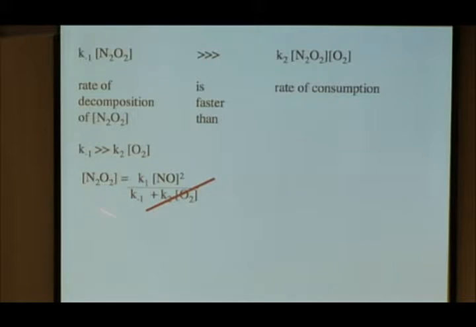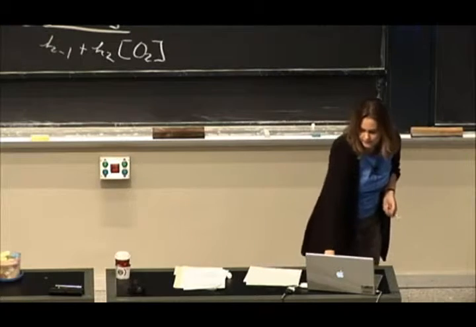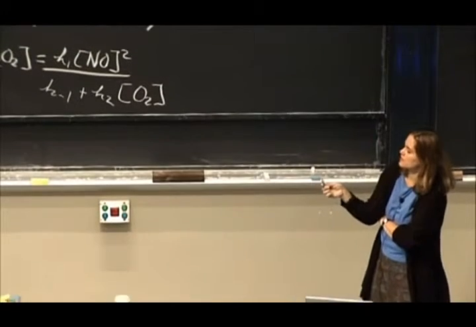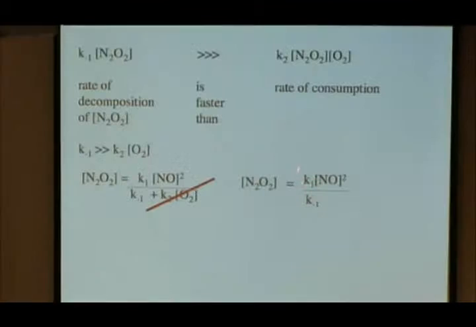So if you have something really big and something pretty small on the bottom of this equation, the really small thing is kind of insignificant, and so we can get rid of that term. That allows us to simplify this expression. Now we have k1 times NO squared over k minus 1. We can also rearrange that and bring our concentration terms to one side, so we have our intermediate over our NO squared, and that is going to be equal to k1